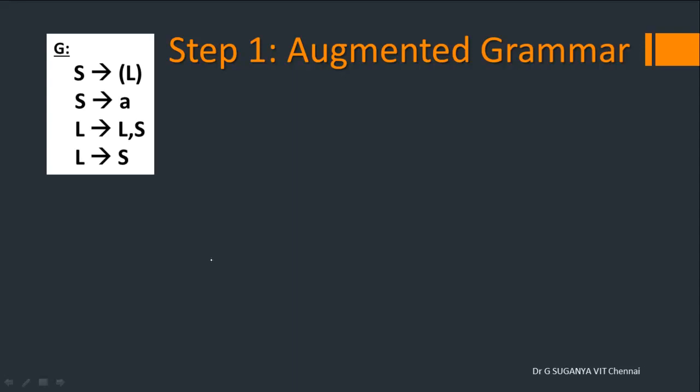I am going to assume this grammar as an example having 4 productions, 2 non-terminals and 4 terminal symbols. How do we write the augmented grammar now? If S is the start symbol, we just have to introduce one more start symbol called S', which should derive S. The rest of the productions will remain as they are, and this is what we call the augmented grammar, and we will name it G'. That's all. So it's a pretty simple construction of the augmented grammar.